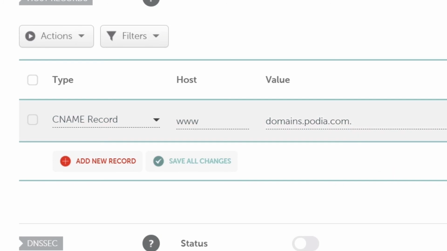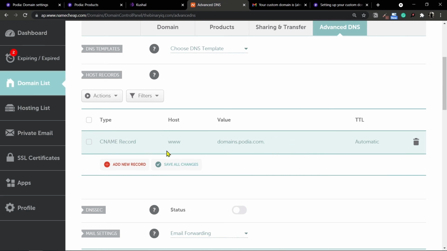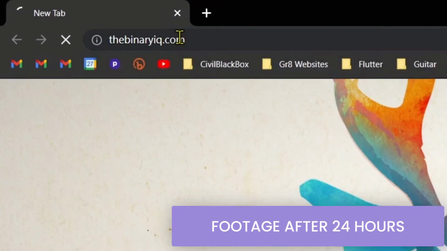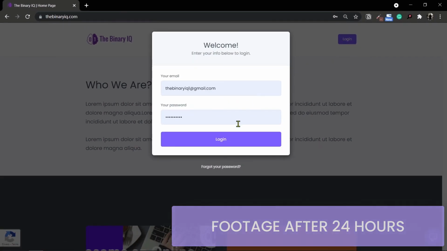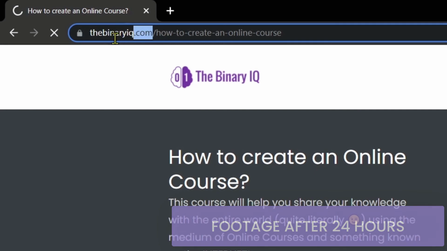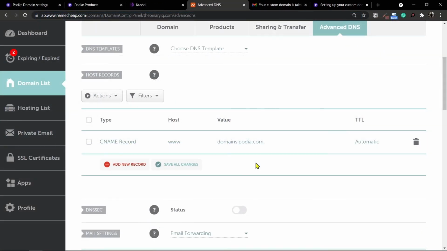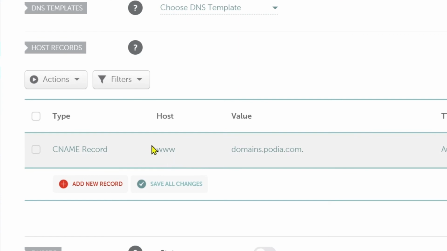Now, you do not need to remember this. Most of the good domain name providers will do such settings for you. Now, a setting like CNAME record takes around 24 to 48 hours to take effect. Sometimes it comes through very early, in minutes or even in hours. But in general, it takes around 24 to 48 hours for DNS settings to take effect. So the effect of this video will be shown in the next video perhaps, where the effect has taken place and taken through. For now, just remember, if you want to have your domain name pointed to your main website, this will be the way to do it.